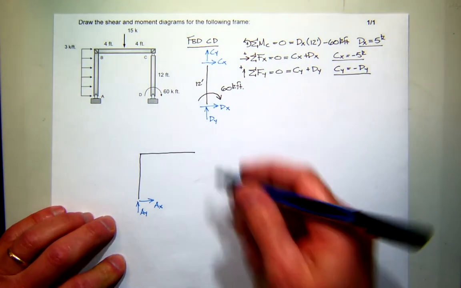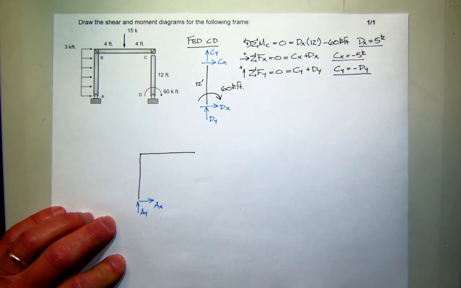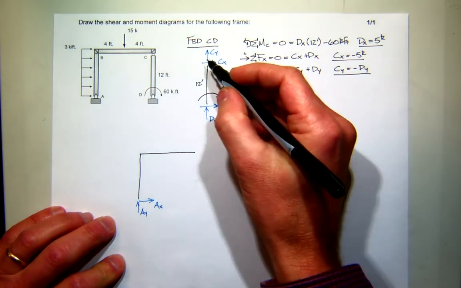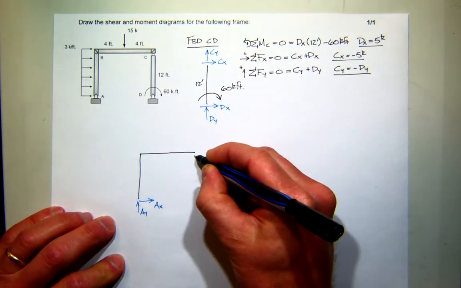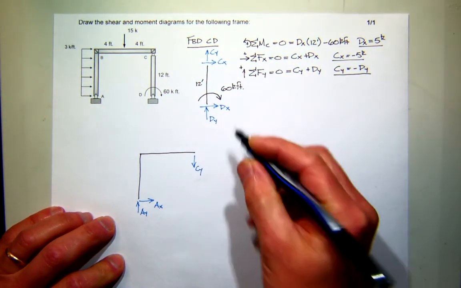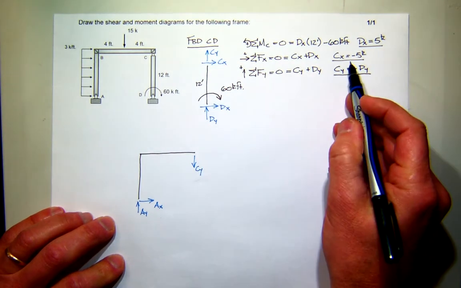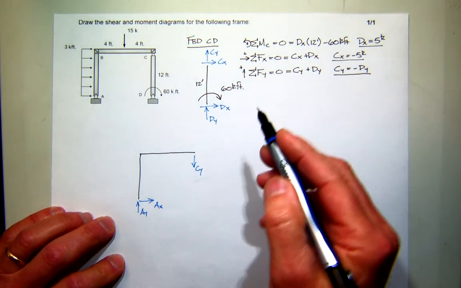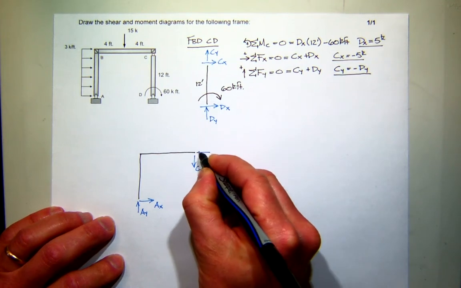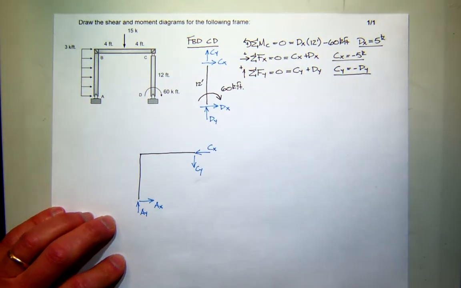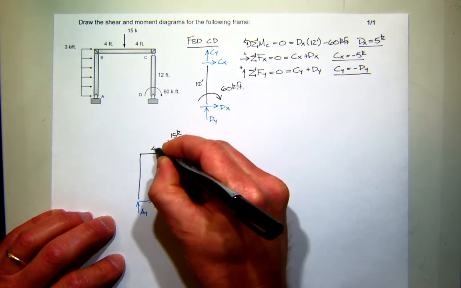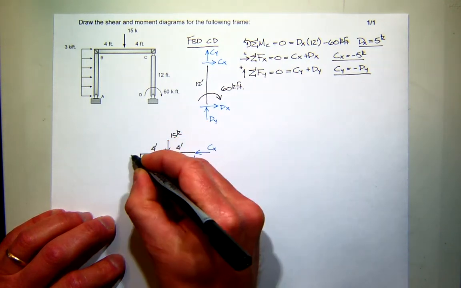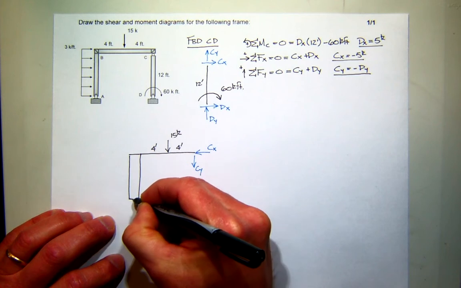Okay, so let's talk about what we have happening at the other end at C. I assume CY was acting up here, so that means CY has to be acting down. Now, I assume CX was to the right, but I found a negative value. So CX would be in this direction, and I'll let the negative sign work its way through my equations right now. So there's my reactions. In addition, I have the 15 kip load located in the middle. And I have this distributed load,